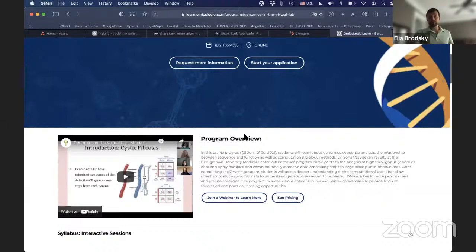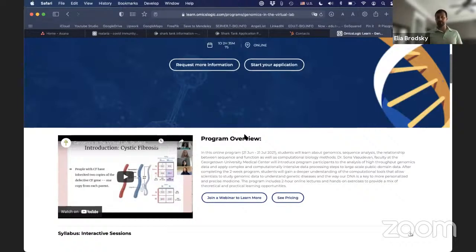She has years of experience working for NIH, working at Georgetown University Medical School, where she is participating in many different exciting research projects. But also she is a director of a program called Systems Medicine, and really a leader in the field of systems medicine, where they speak about the need to integrate data, including genomic data, to be able to offer better treatments to patients with a variety of different diseases.